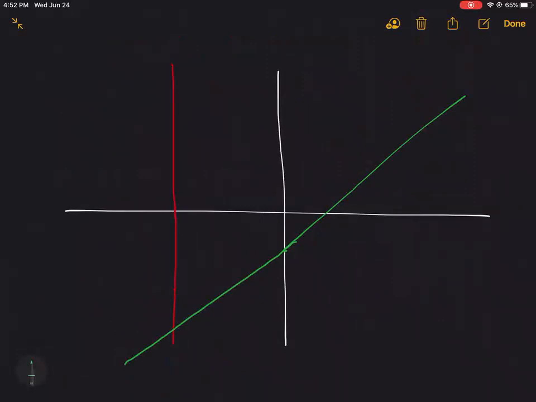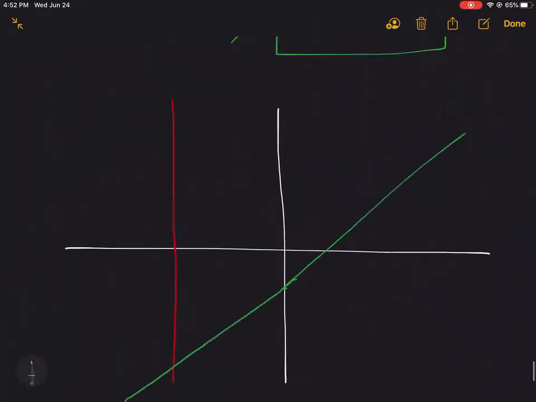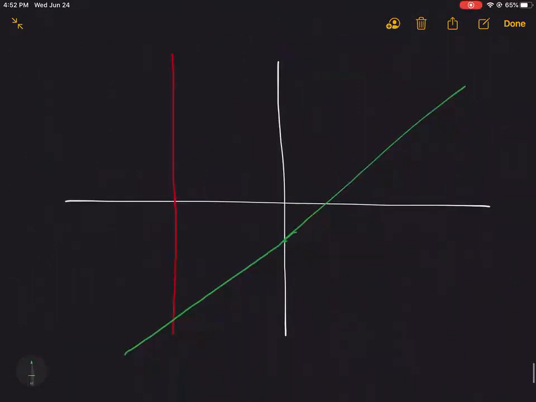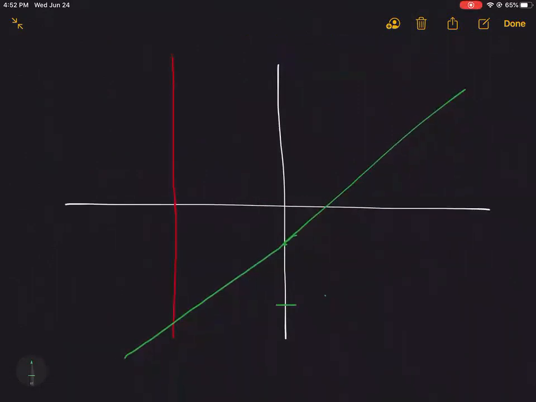Next, we know the graph will have a y-intercept at 0, negative 12, and